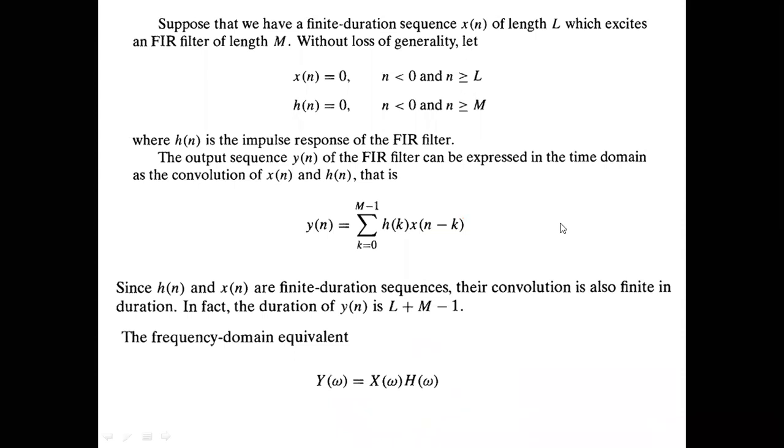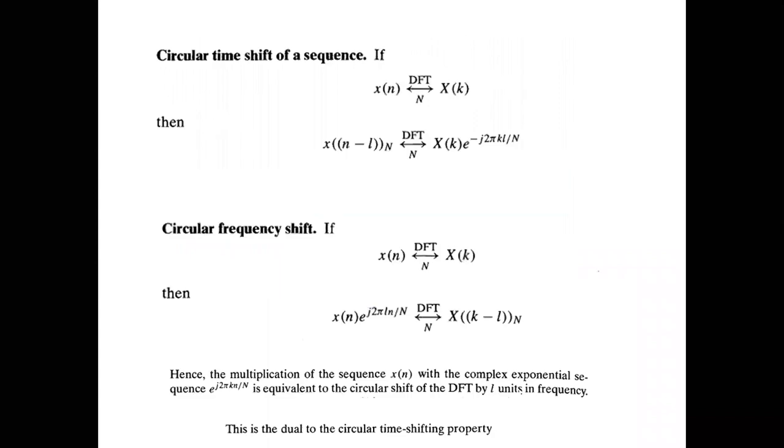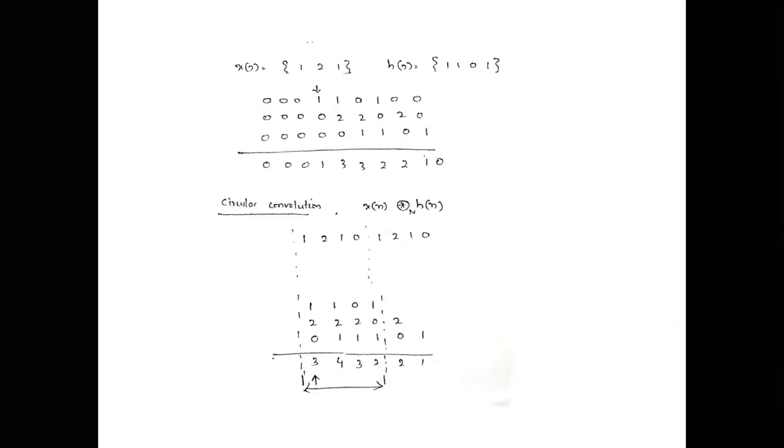What is happening in circular convolution, as I have told you previously, is that it is the result of linear convolution only, but all the values